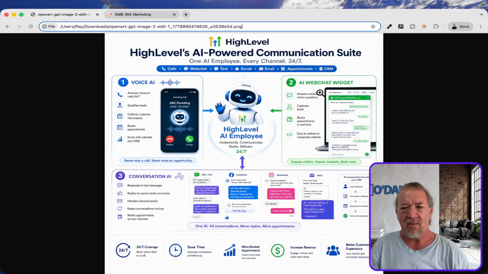Now, keep in mind the website chat widget. Let's just give that another 5 to 10 minutes. There are some customizations that you can put in the chat widget. You can customize colors, branding, images, and what the chat widget says, things like that. So let's just give that 10 minutes. I think this one right here took us maybe 5 to get this done and set up. And now this can actually start working for the business and start answering the phone calls from the business. And then of course the conversation AI, let's give that another 10 minutes. So literally inside of 30 minutes, you can have all 3 of these components working here and you can start